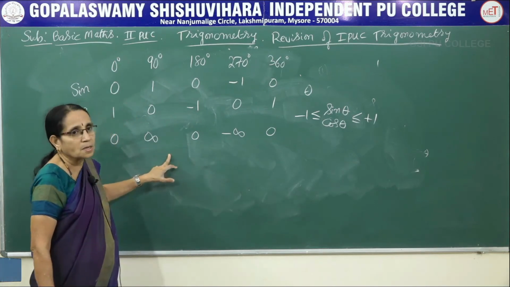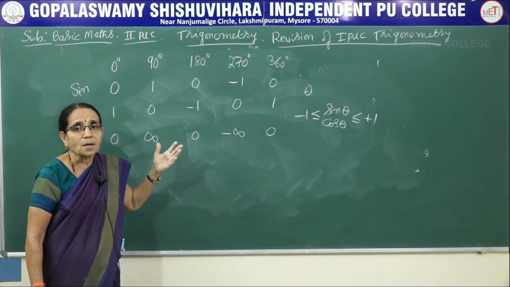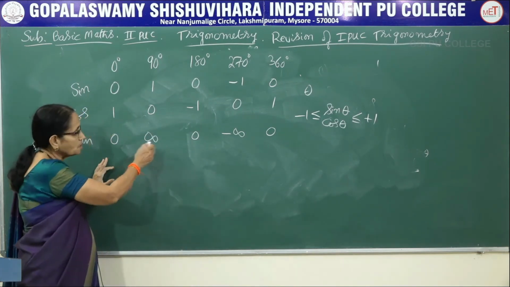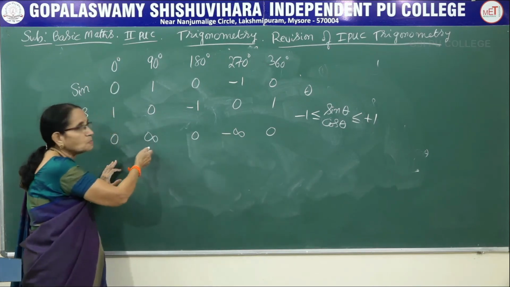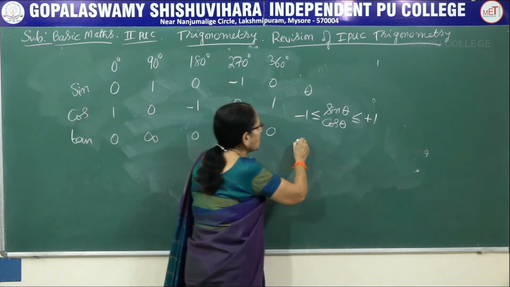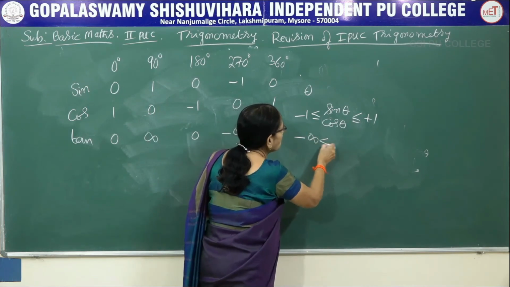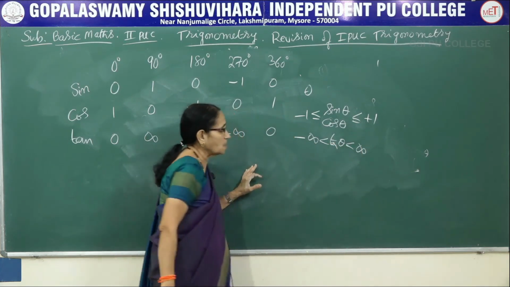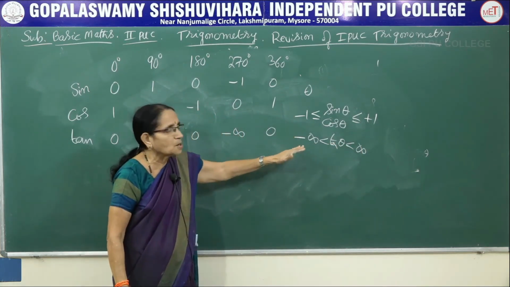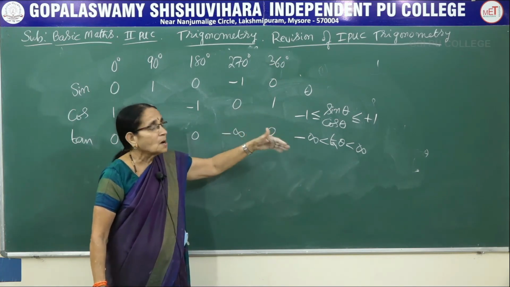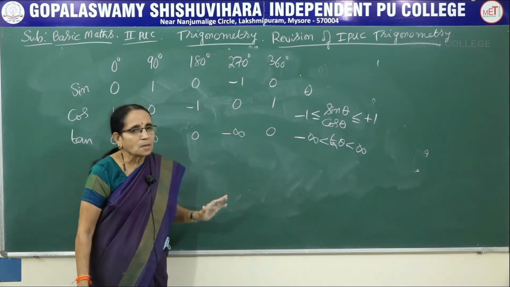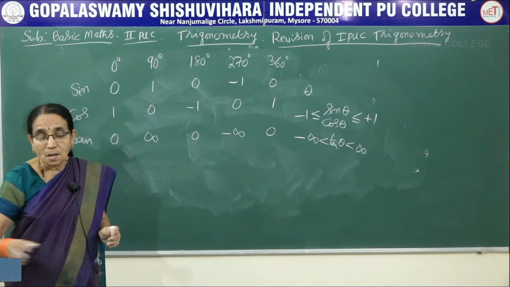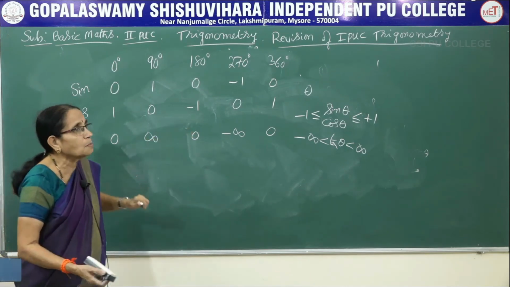You observe about tan theta. If I say tan theta is equal to 2 lakh, it is a correct statement. Tan theta is equal to minus 200, that is also correct, because the range here is minus infinity to plus infinity. Here of course we use the inequality: minus infinity less than tan theta less than plus infinity. Don't write equality here. It can be a very huge number, it can be a very least number. So tan theta always lies between minus infinity and plus infinity. These are the information you have to remember, it is very important.